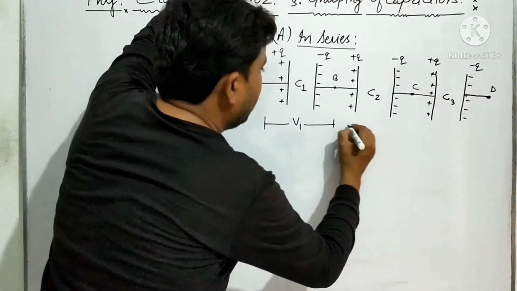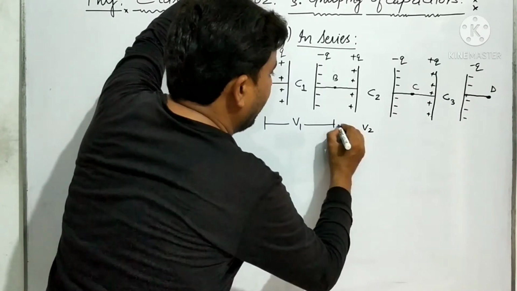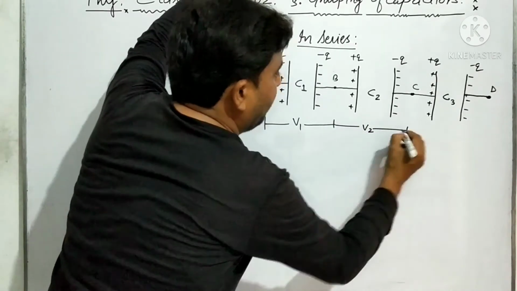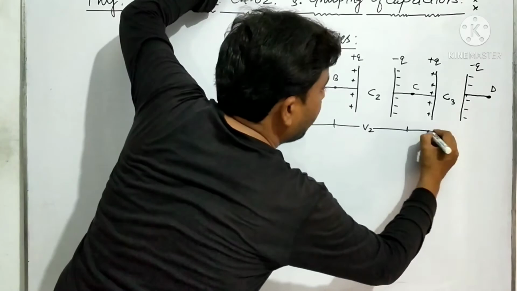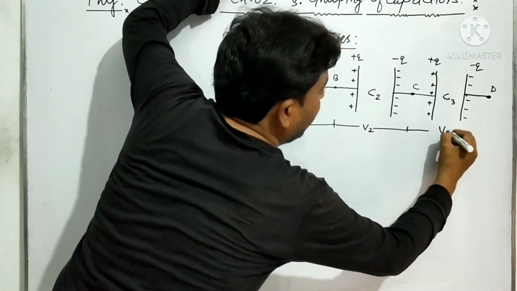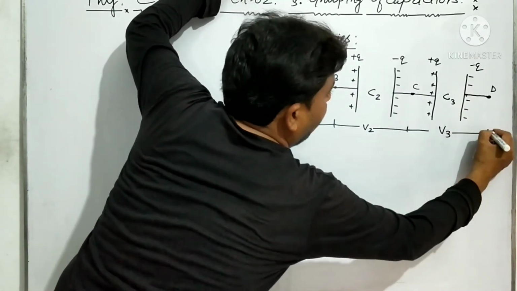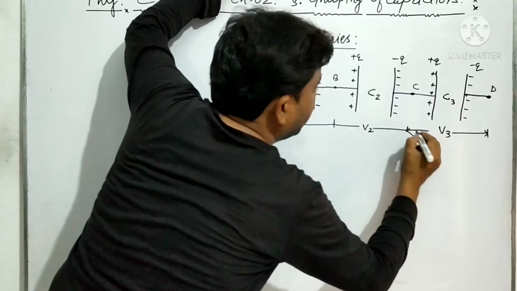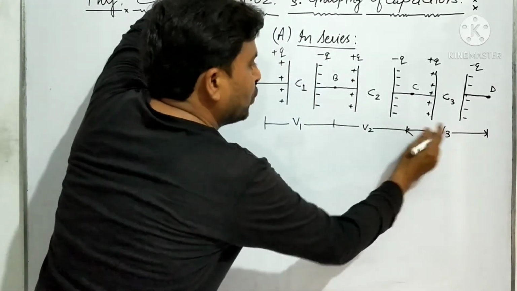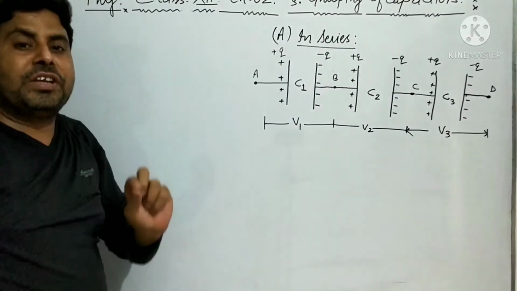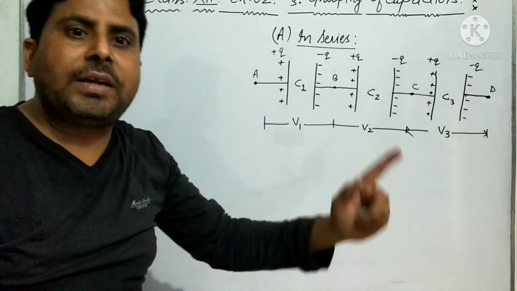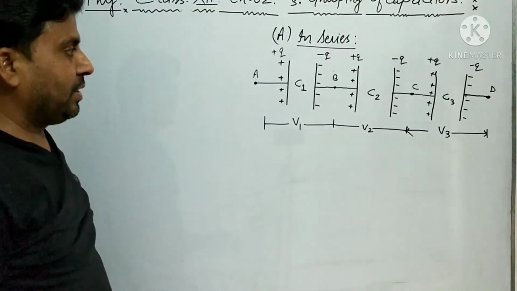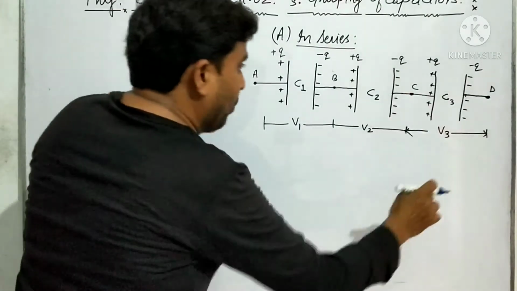Now here potential V2 across the capacitor of C2. Now here V3 across the plates of capacitor C3. So these are the three potential differences separate across the plates of each capacitor, and such combination